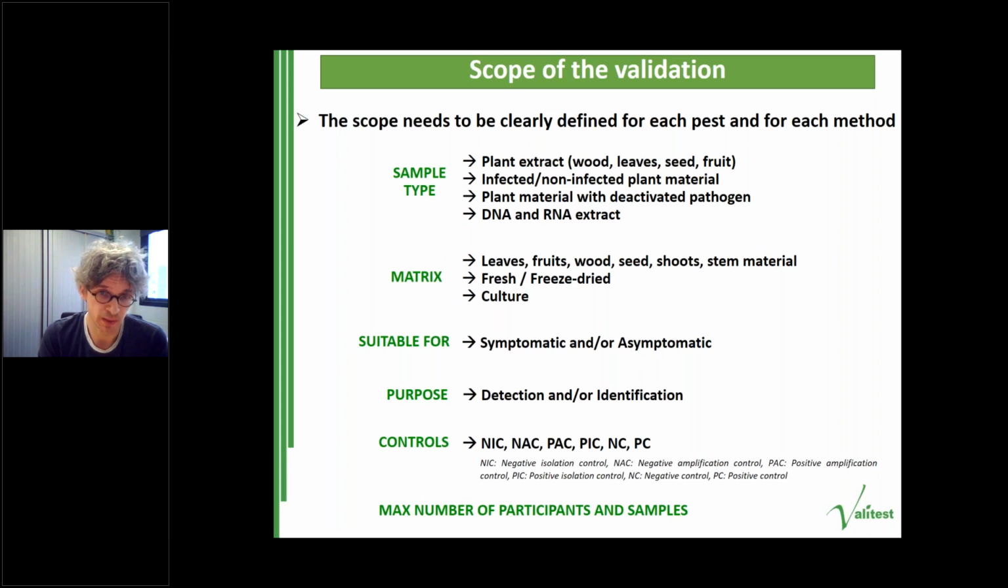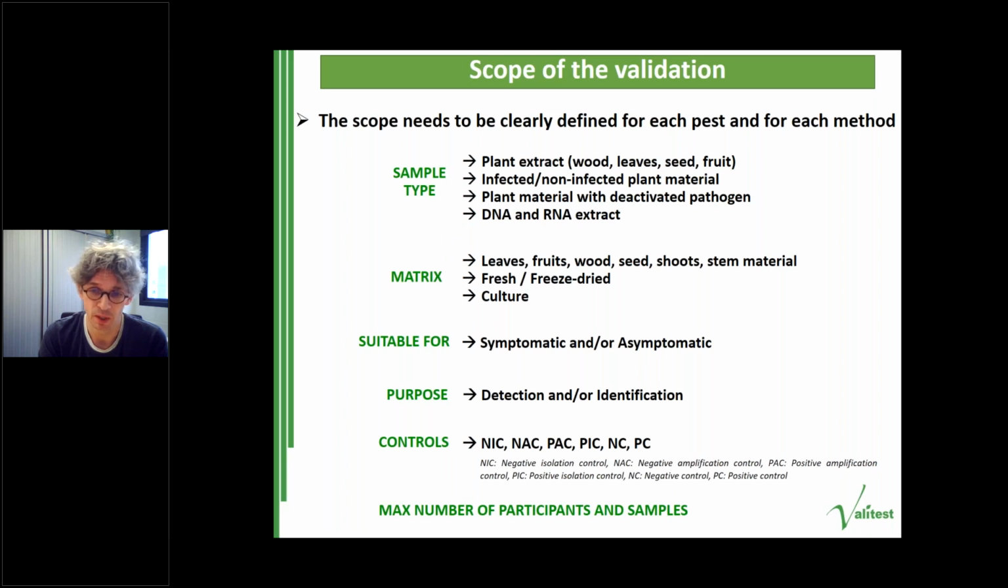Before starting, it is important to identify if the test is suitable for symptomatic and/or asymptomatic tissues. It is important to identify the purpose. Will it be used for the detection and/or the identification? And even at the early stage of the preparation of the TPS, the organizers should think about the controls it